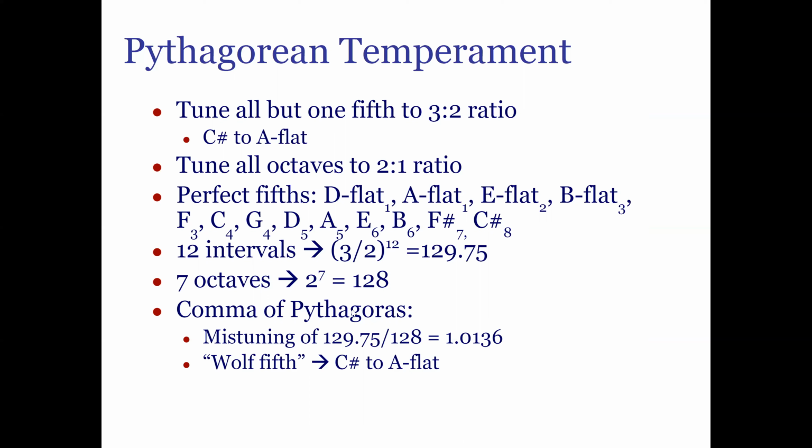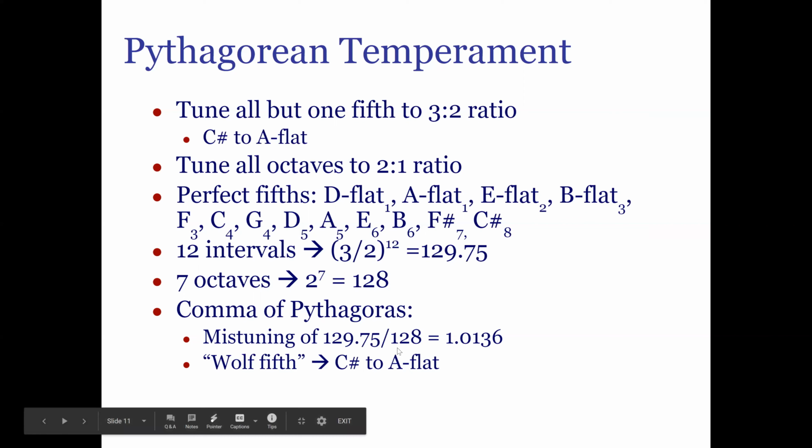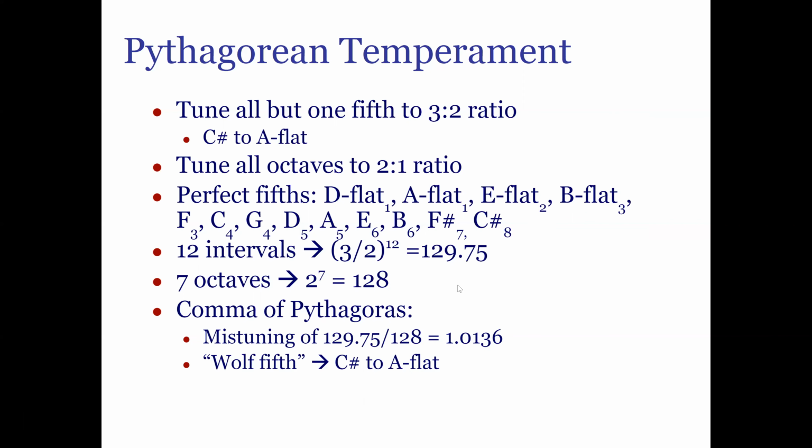So this is called the comma of Pythagoras. It has another name. I can't remember which one it is. There's the syntonic and the diatonic comma, I think is what they're called. One of them has to deal with this slight mistuning from going up by fifths in relation to octaves, and the other one has to deal with how sharp the thirds sound when we tune all our fifths